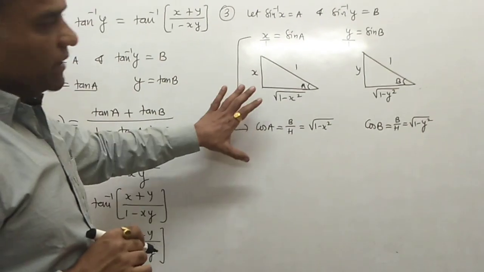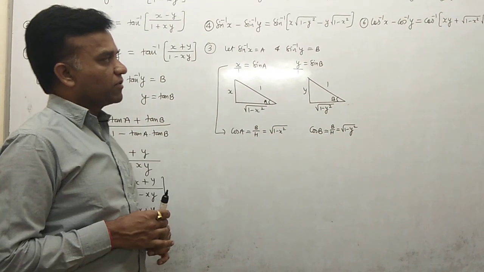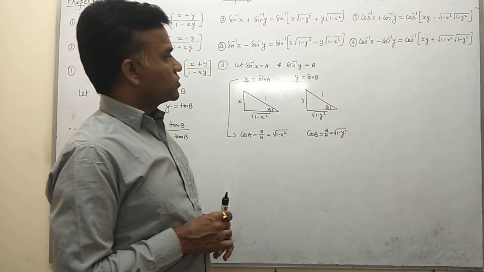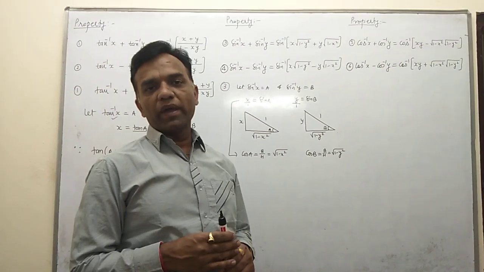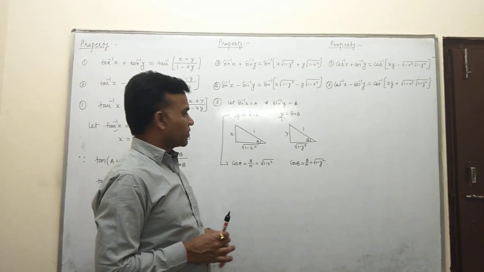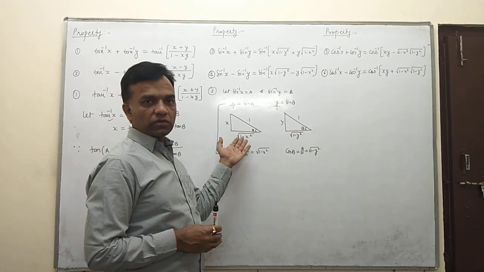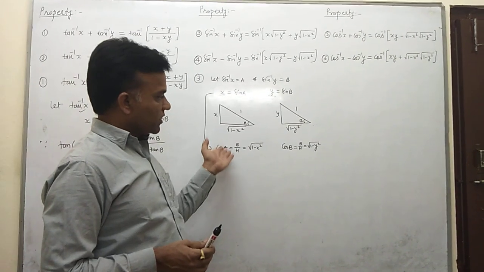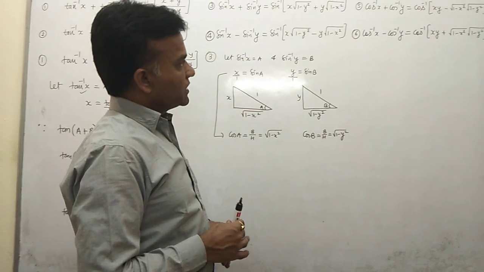Okay, so using the same concept you draw the triangle, because here we have variable terms x and y, arbitrary values, and this is the formula. But if we have numeric values then it is easy going, because suppose you have the triplet like 3, 4, 5, and we have here 3 and 5, then we also know the remaining value is 4, and then you find the value of this cos with respect to some numeric value, and you get the result in a very easy form.